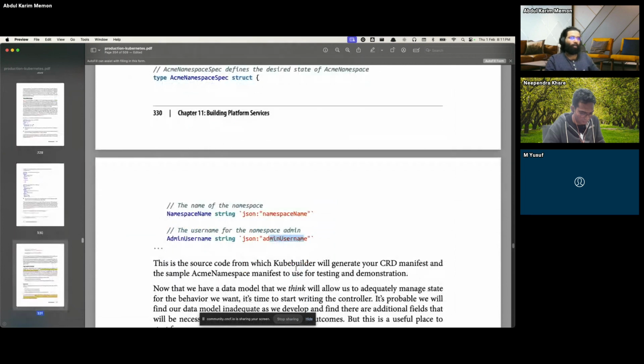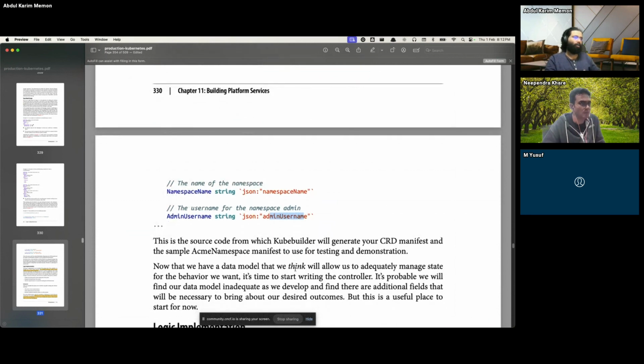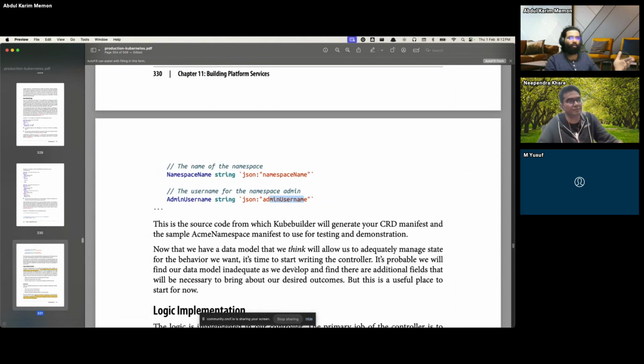So in a way, we have created a model for our controller, right? Just like in a web application, you would have a model for the data that you want to capture, store, update, retrieve. Similarly, you basically create a model here of your CRD that you want to create, and based on this Golang, your Kubebuilder will have